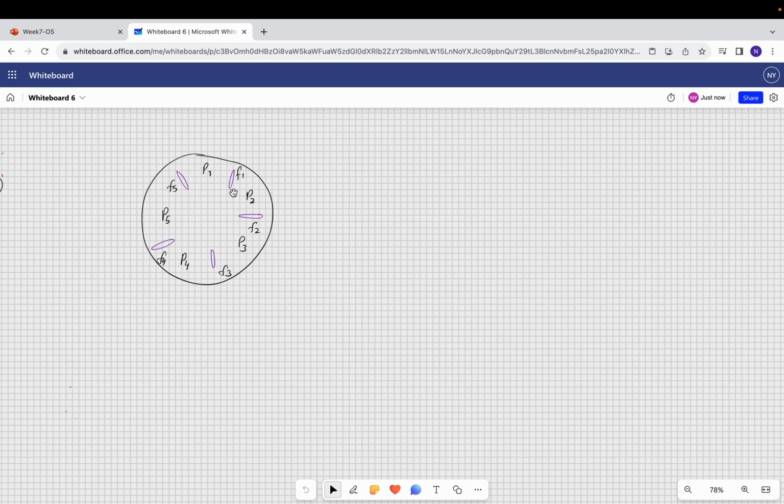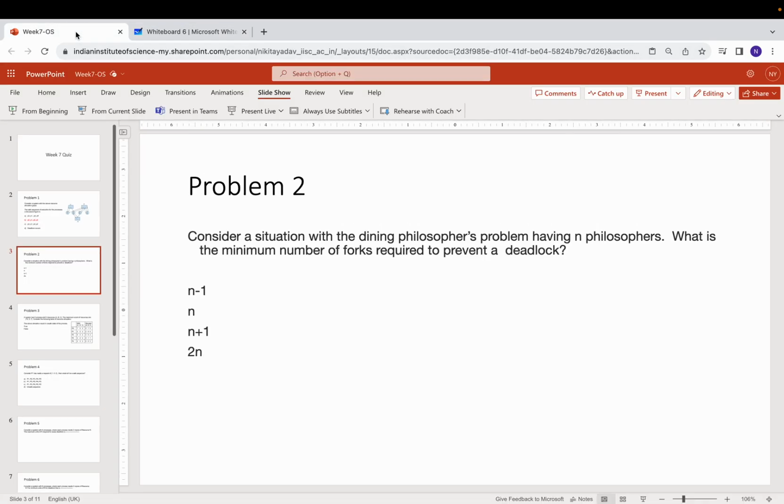So you have seen solutions to this problem, that the deadlock can be prevented with the use of semaphores or monitors, etc. But the question here is much simpler. The question is just asking that if there are n philosophers, what is the minimum number of forks required to prevent a deadlock? Definitely you can have solutions with the help of semaphores, that n